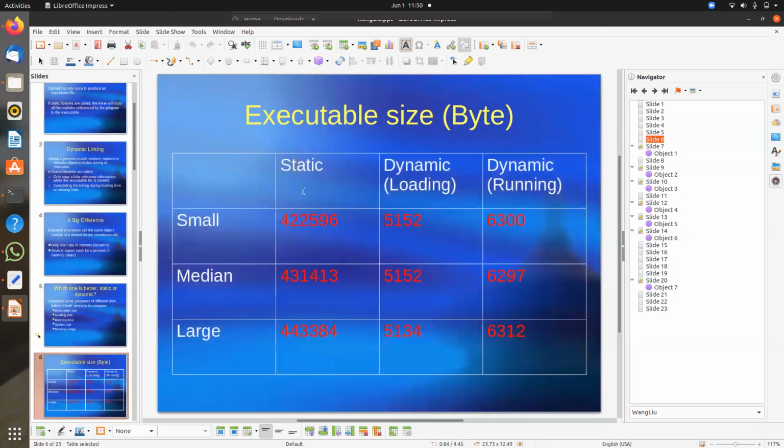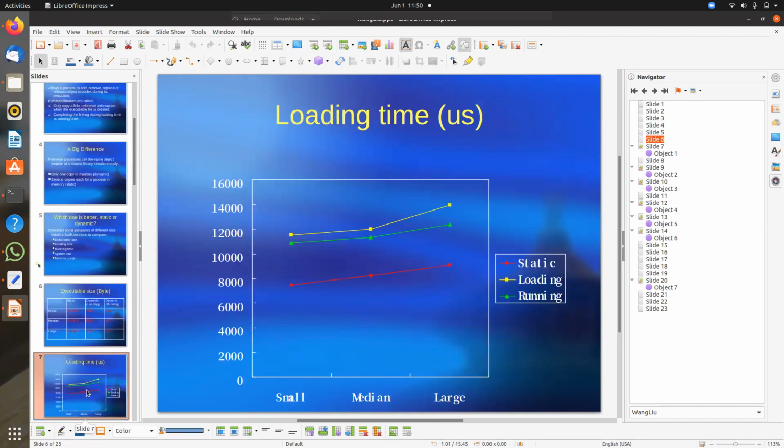In the case of static linking, the size is 4.2 MB. In the case of dynamic linking, the application size is only 5 KB. This is 4.2 MB and this is 5 KB, so it is a large difference, right? This is space, in terms of MB and that is in terms of KB. Because printf is not actually present in the application, it will be resolved at runtime.